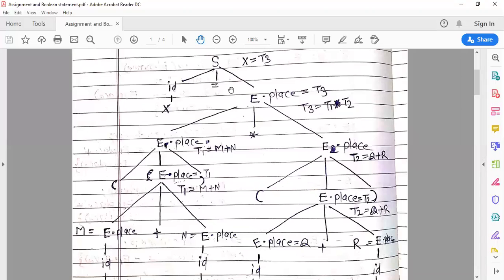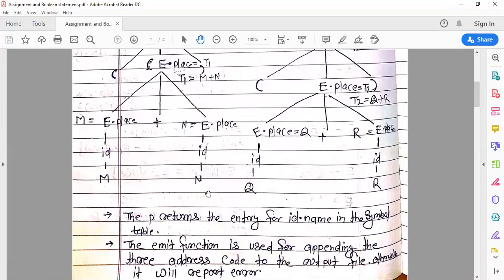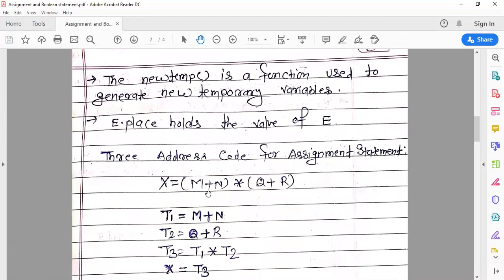With its help we make the dependencies and traverse this parse tree from bottom to up, bottom up parsing, and we find the three address code for x is equal to m plus n star q plus r.